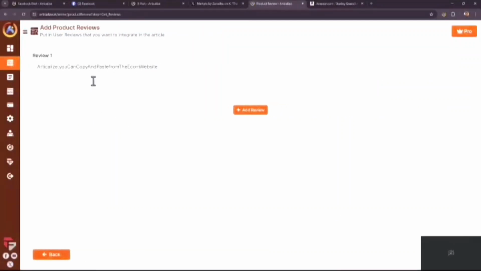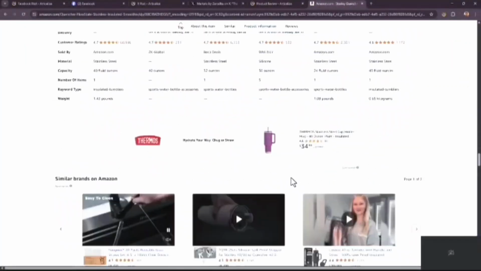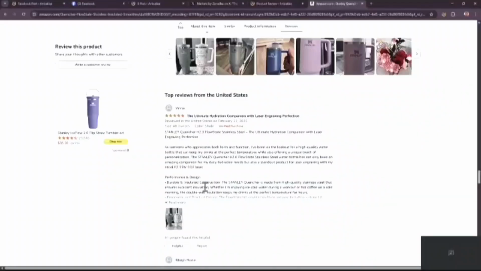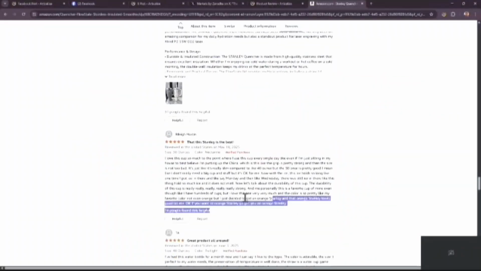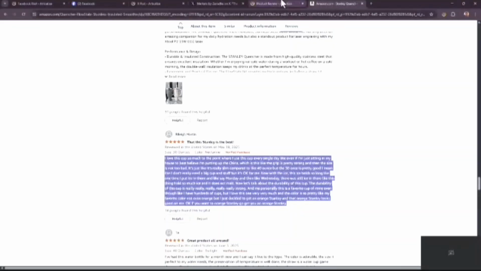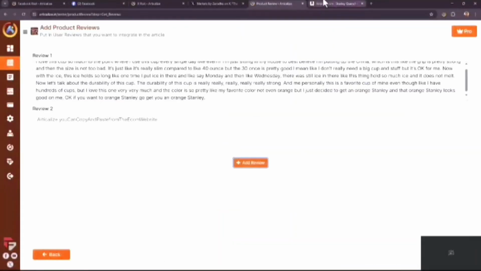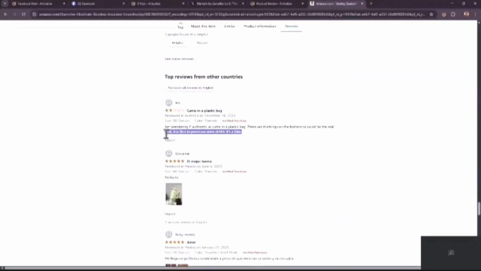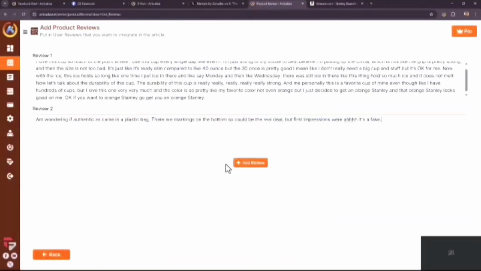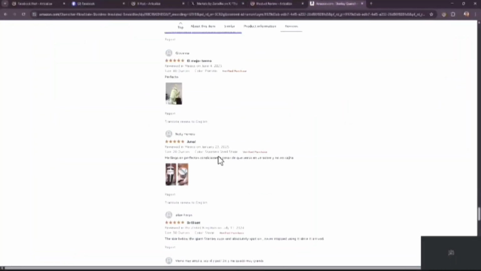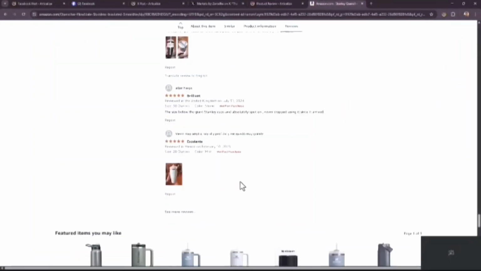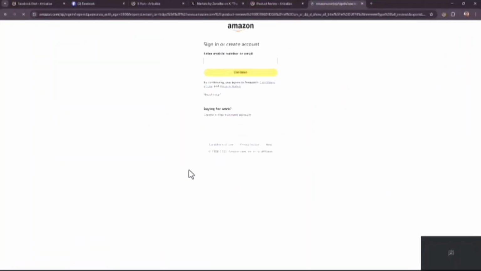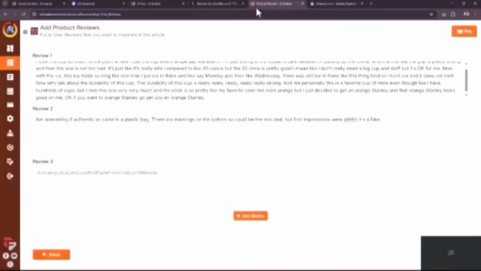next. And now you can add reviews. So we're going to go to the bottom and select the reviews that we want to add. Let's say we can add this one. And the reviews will be used to talk about the best qualities or the worst qualities depending on what review you put in. So I will try to find a review which is not positive. And you can keep adding as many reviews as you want. Okay, so I'm going to click on see more, grab a couple more. Okay, that requires my sign in, so I'll just leave that be. I think these are enough.